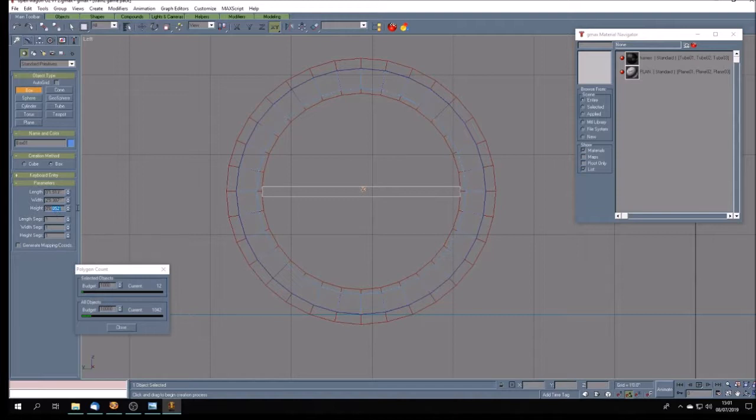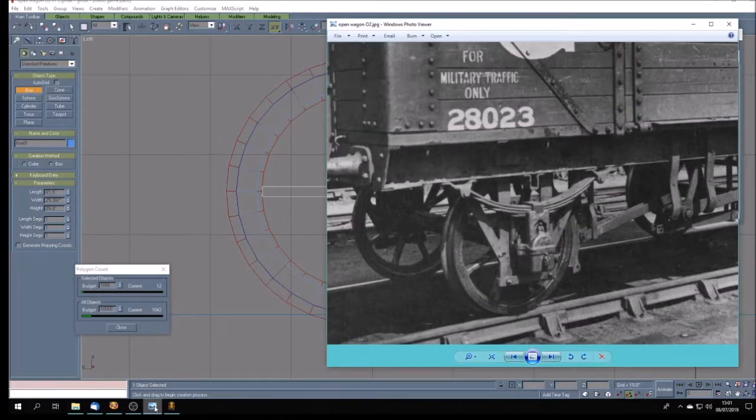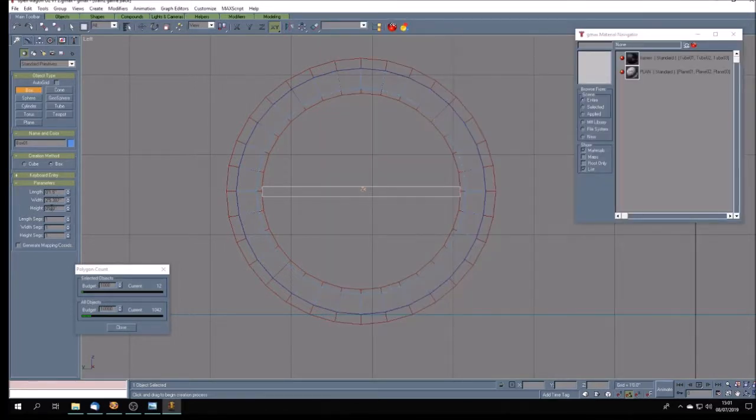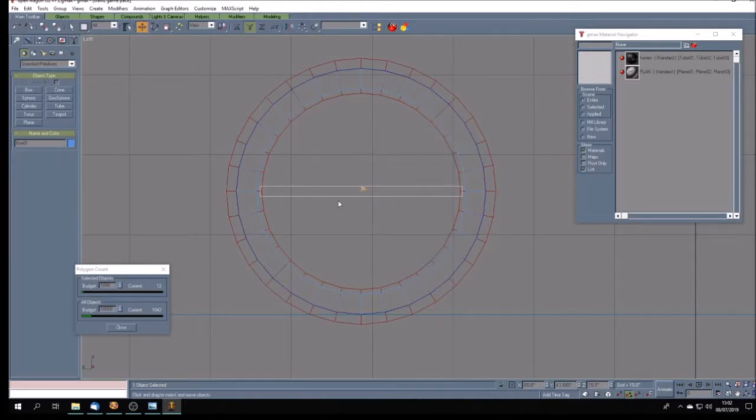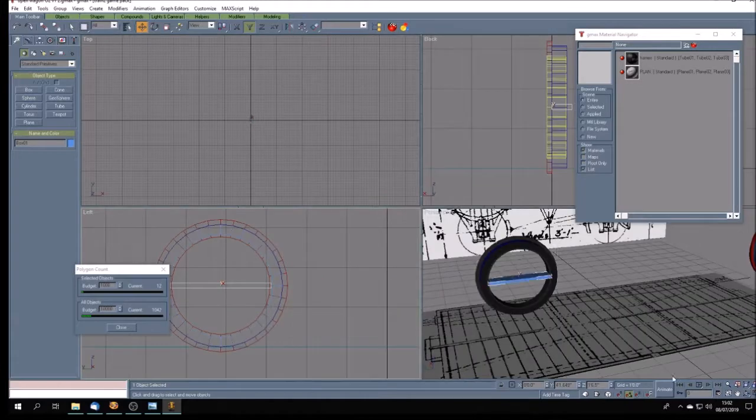It's going to be 6 inches. Try that. 1.5 inches. Does that look about right? I think it does. 2 foot 5 and 5.3 at 7. Make it 2.6. And just to make doubly sure that it is centered on the wheel, let's have a look at it. So there we are,